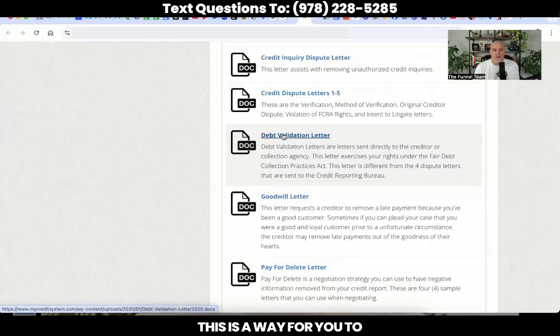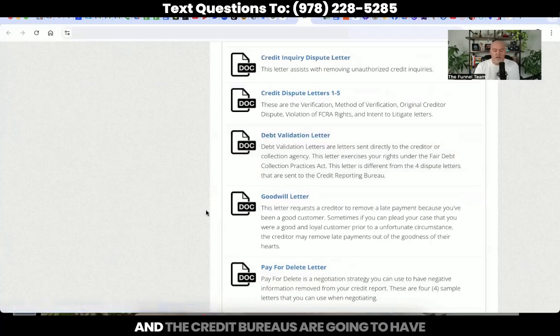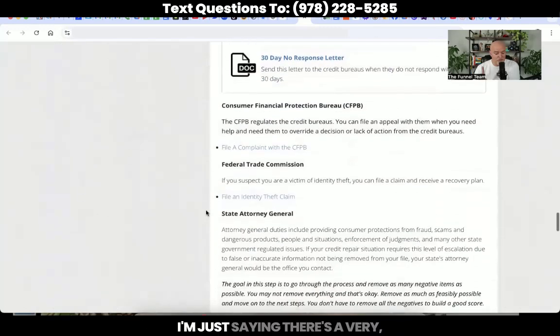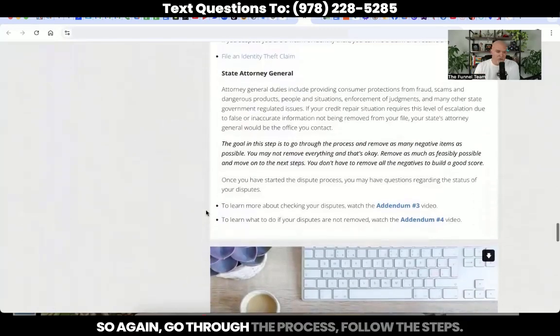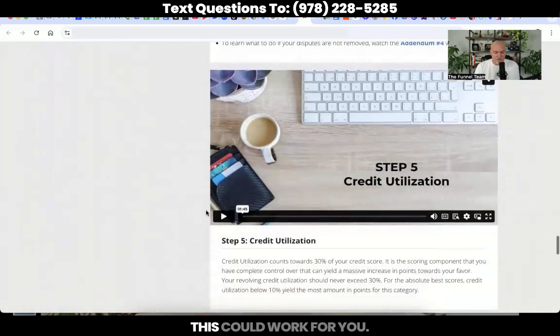This is a way for you to verify that information is 100% accurate. And the credit bureaus are going to have a very hard time disputing this when you are using that debt validation letter. I'm just saying there's a very, very big key right there. So again, go through the process, follow the steps. This could work for you.